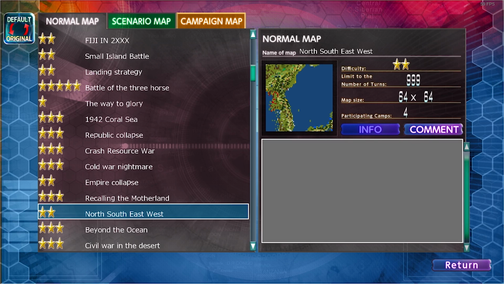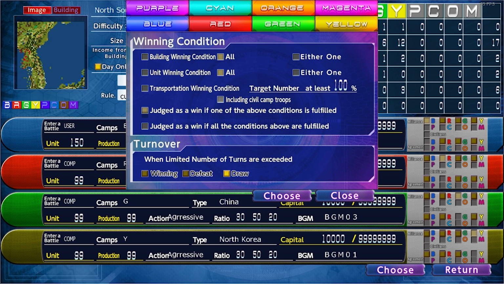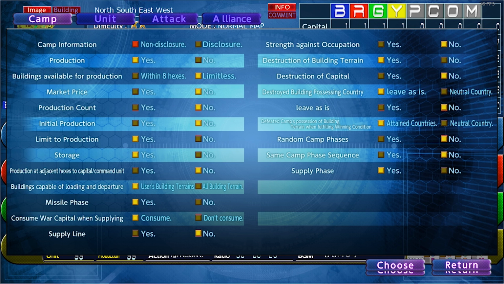So we'll select that, and it'll let us come here, and we can actually do things like change whether or not the maps go from day to night. Night is actually a different mechanic in this game and will affect the reliability of certain units. We can change the winning conditions, we can change the rules, and there is a ton of different rules here. You can change things like market price, which is a weird little mechanic where the value of certain units goes up and down depending on the